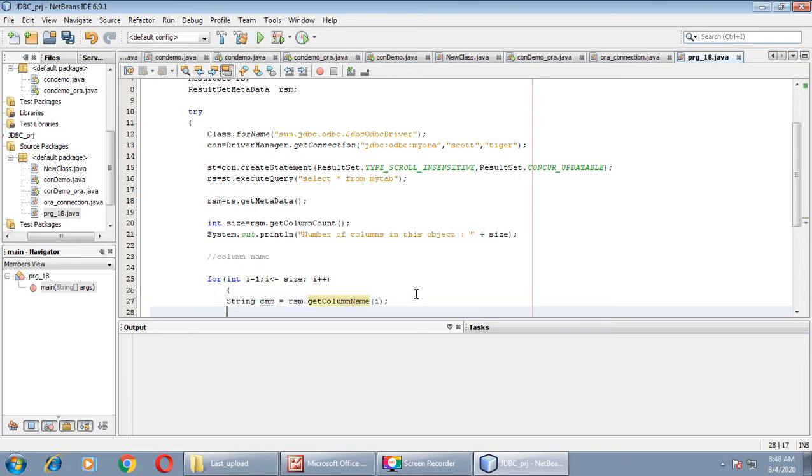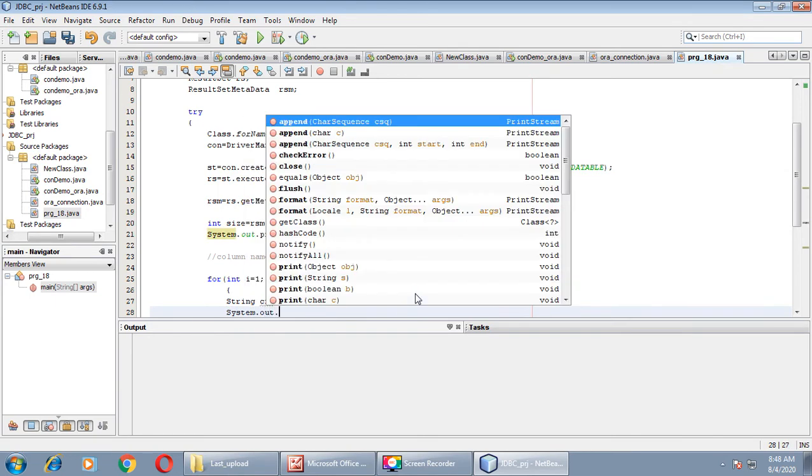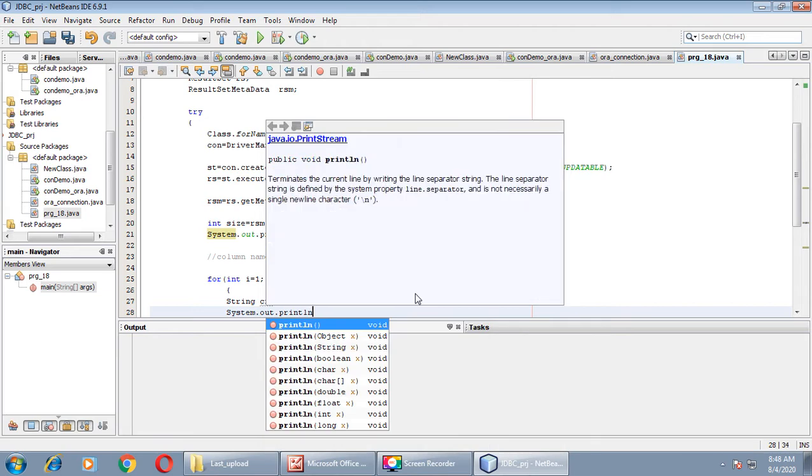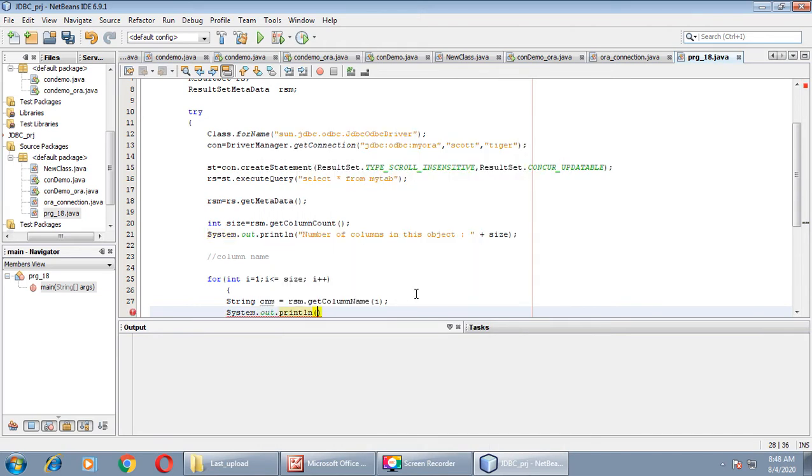Now let us print this name through system.out. Print an appropriate message on the screen. Column name is, and concat the variable cnm over here.